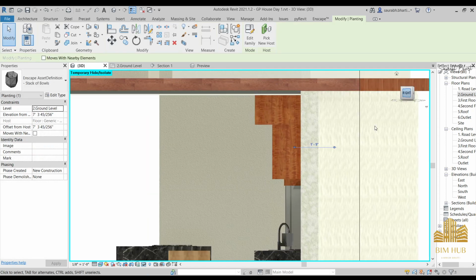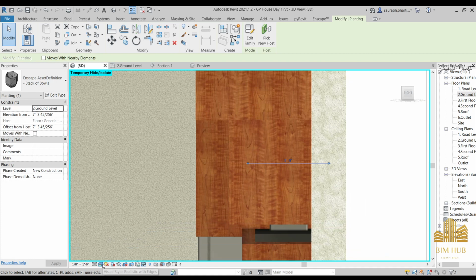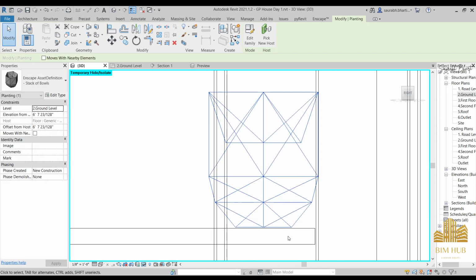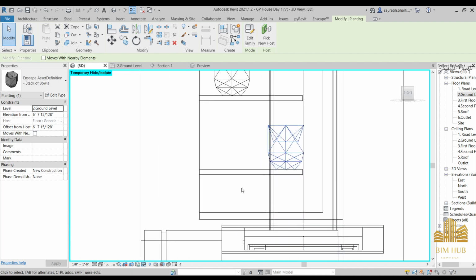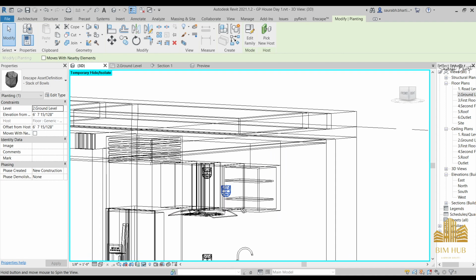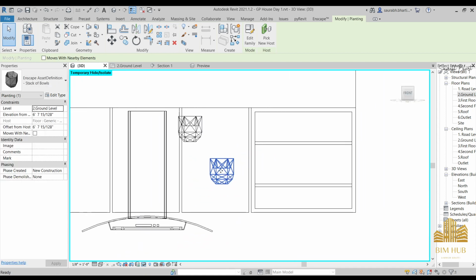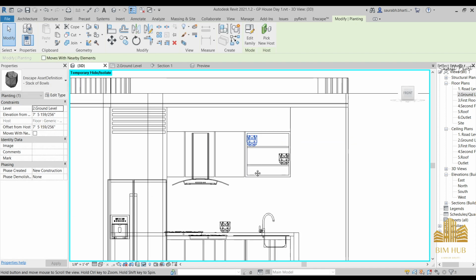And if you can't see the face of it, just go to the wireframe mode, and now you can see that we can put it like this. We can put it something like this. You can align it, AL is the align shortcut. Okay, put it here, put it here,